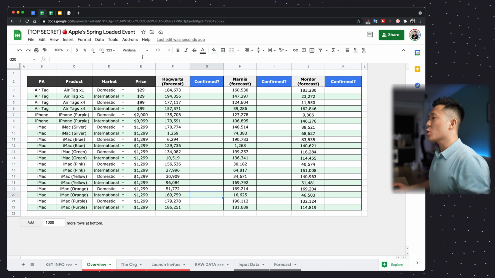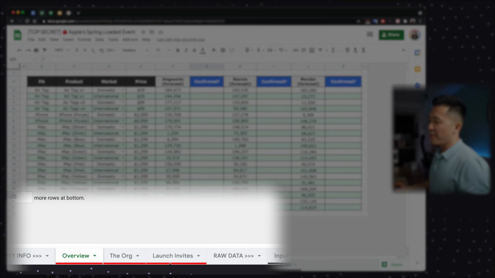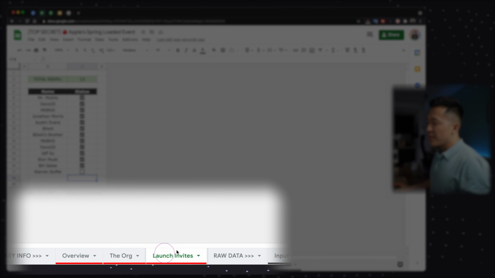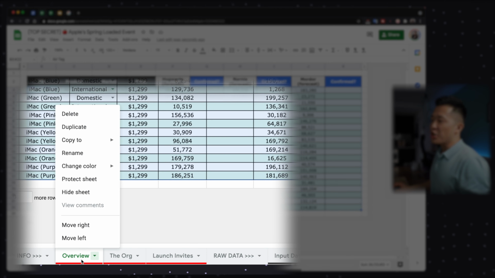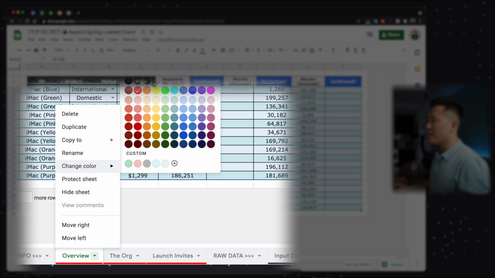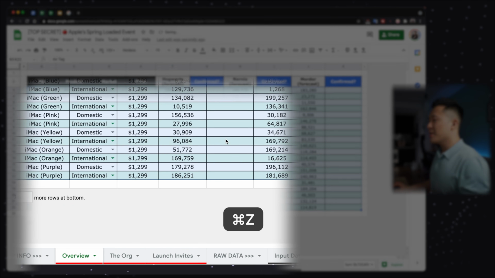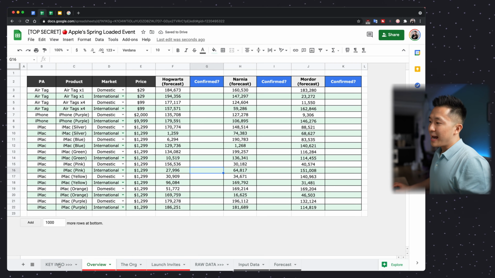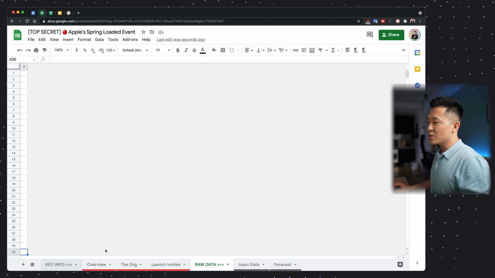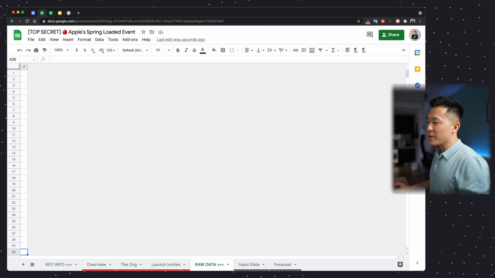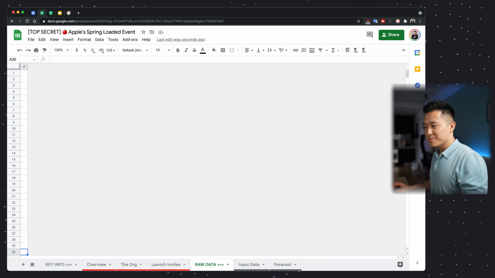Second, what I like to do is to group and color code different tabs by their functions. As you can see down here, the important information senior stakeholders need to review are in red, and the working tabs are in gray. I can easily change a color by right-clicking on the tab and changing the color. And being the nerdy organizer that I am, I also have blank header tabs like these two that show the groupings of the other tabs.